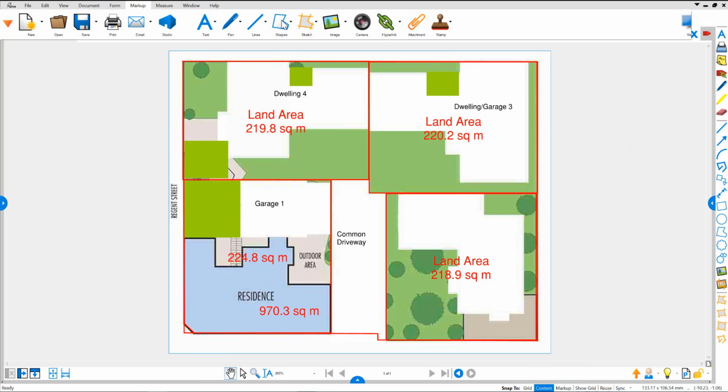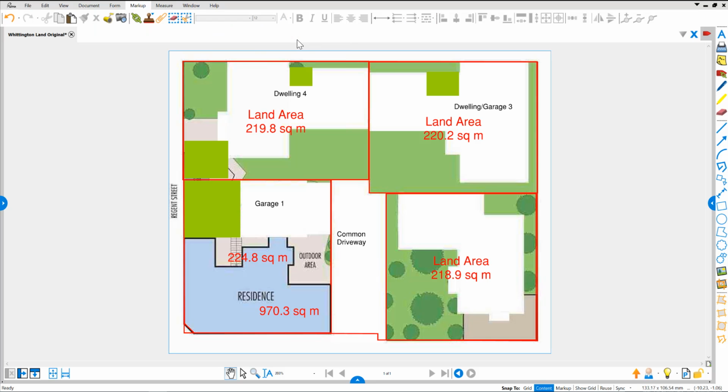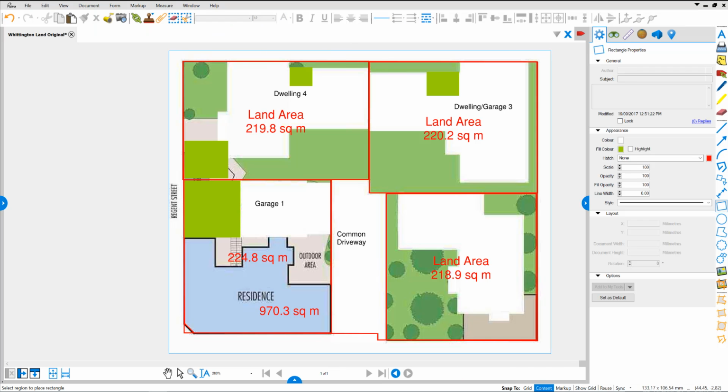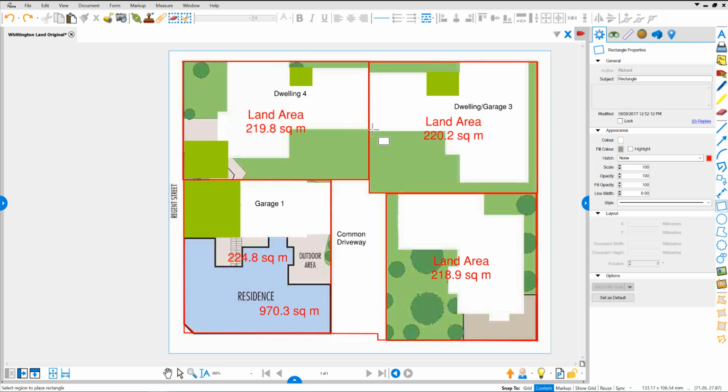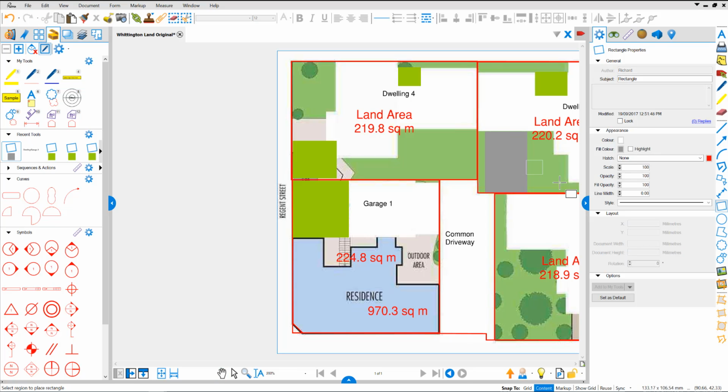Perhaps we might like to put driveways in. We pick up a rectangle, go back to our properties tab, change the colour to perhaps something more like concrete. That grey will do. And just simply drag and draw in a box where the concrete area is going to go. Pick up the tool again. You have a turn area, footpaths,